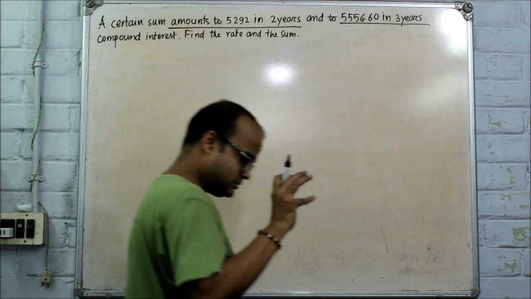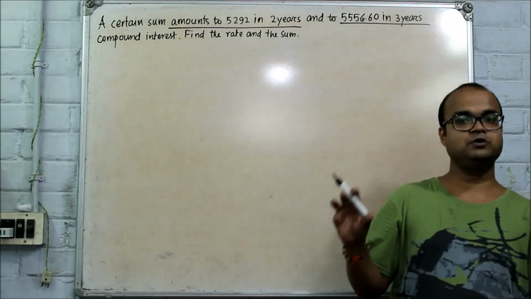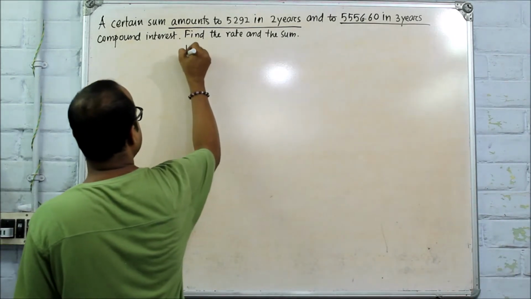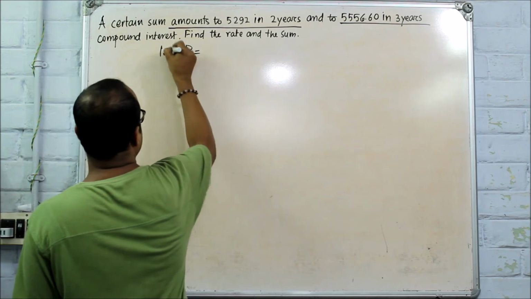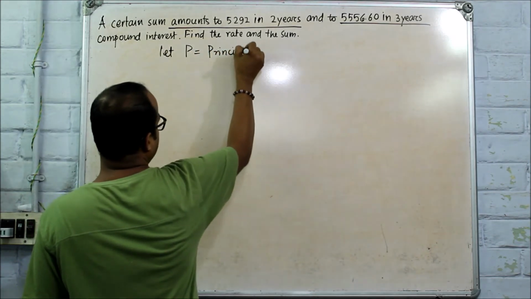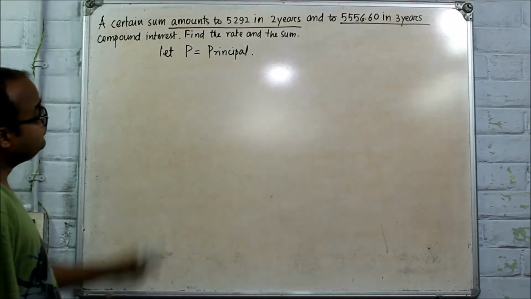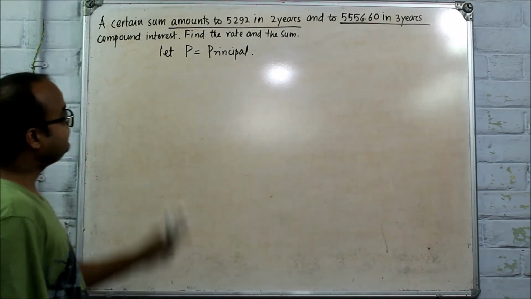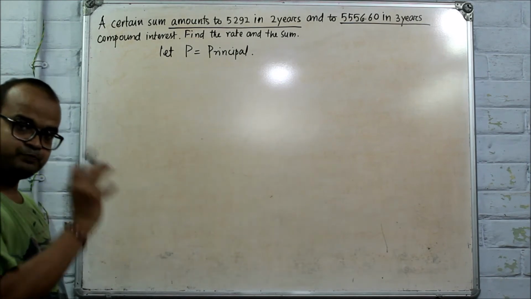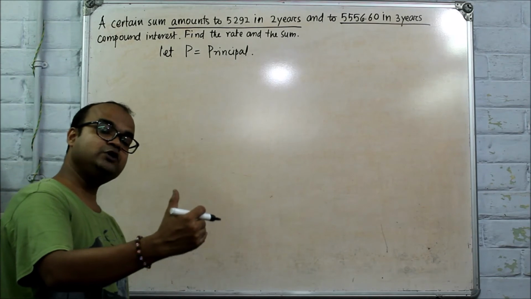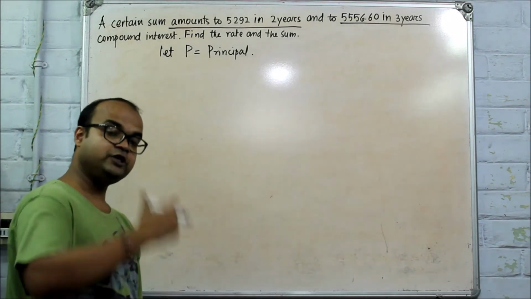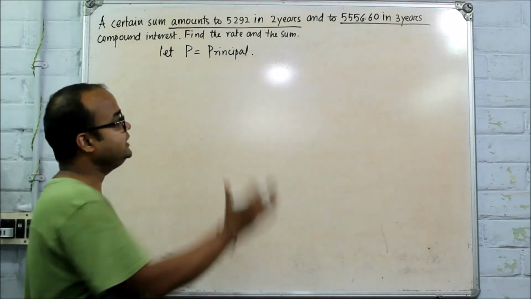That means a certain principal was there. Suppose we consider this principal or this sum as P. P that will amount to 5292 in 2 years. P remains the same. After 2 years your amount becomes 5292. And the same amount, if you keep it for 3 years, it will become